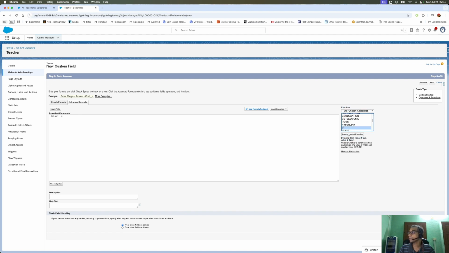So let's say I want to use an if condition, then I will click on if, and it is saying that here we need to put the condition. If that condition is true, then this will happen. If this condition is false, then this will happen, right? So what I need to do here,